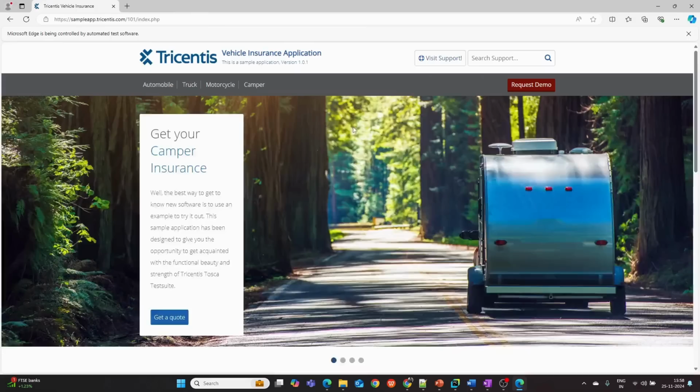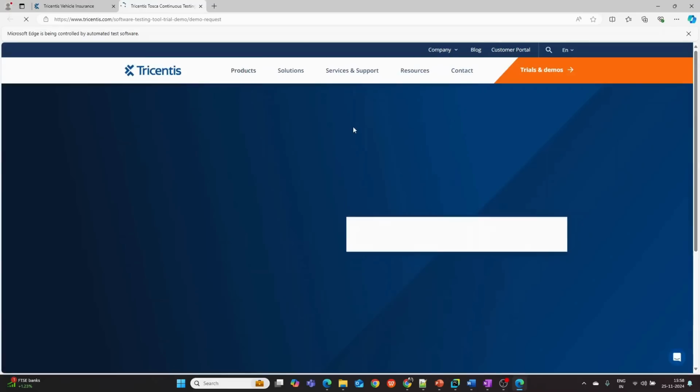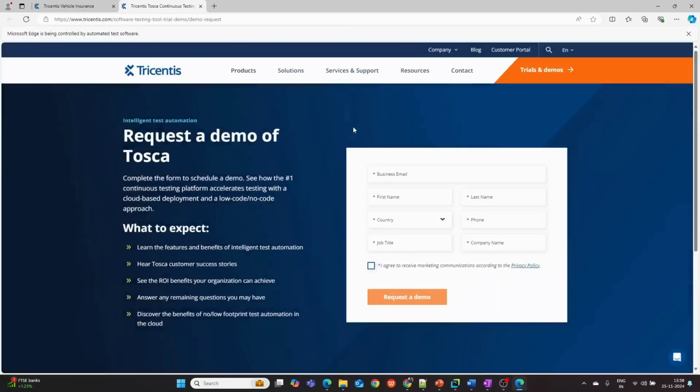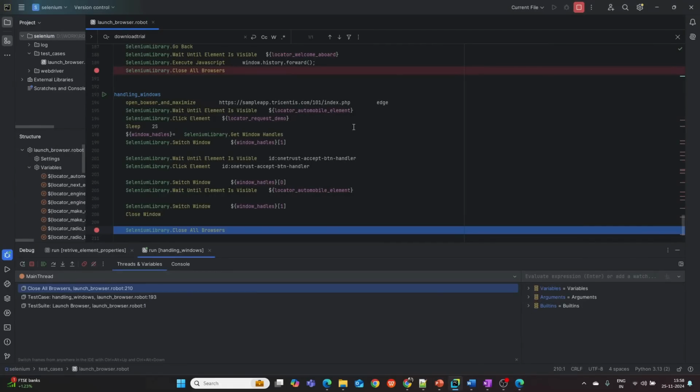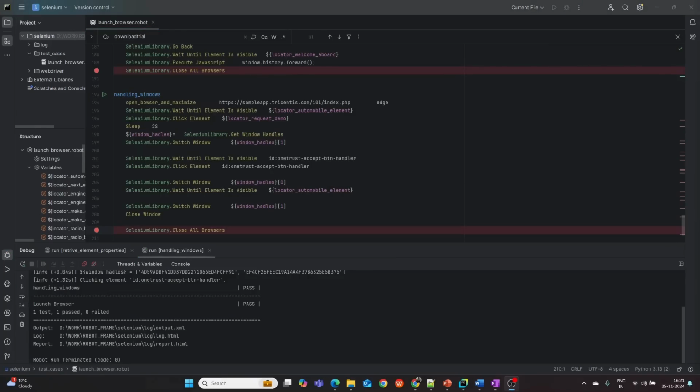Please observe this clearly, what it is doing. It came back and again it went back. This is how we can basically switch between different windows. Hope you understood this concept. Sometimes it is needed to refresh the pages. Selenium provides the keyword to refresh the page, which is